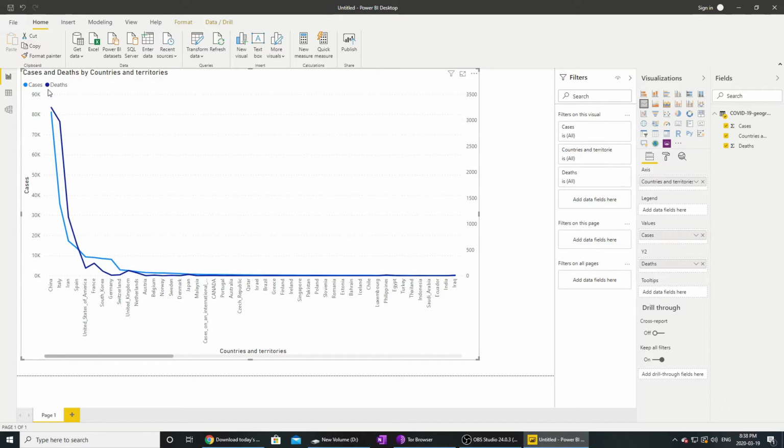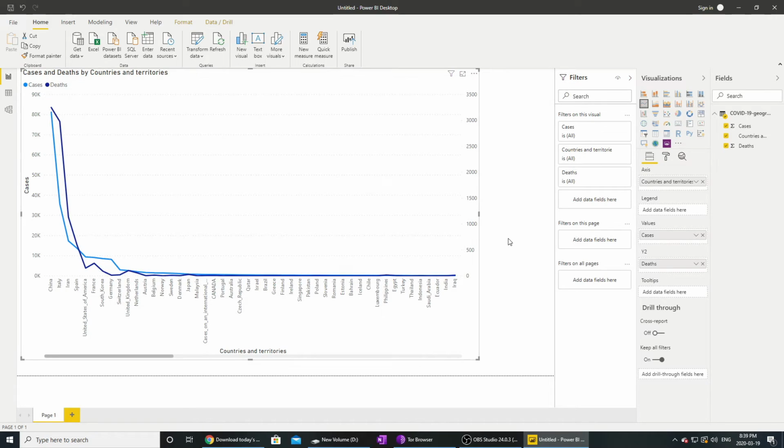Okay, now you see the magic has happened automatically: cases in light blue, deaths in dark blue, already defined for each and every country. If you hover your mouse on each country, you'll see the cases. 287 in Poland, for example, 5 deaths. In Brazil, 428 cases, 4 deaths, and of course China, cases 81,238, deaths 3,250. Very sad, but anyways,